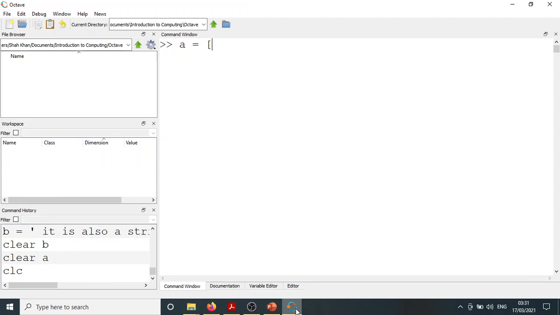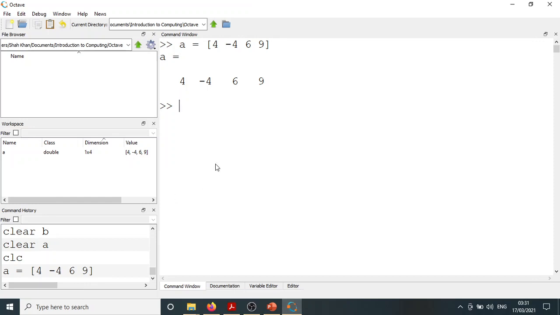We say A is a vector with these values 4, -4, 6, 9. So A is a row vector with these elements. And here we specified all the elements of the vector, explicitly specified each and every element. Okay. Now, in some cases, we can create a vector